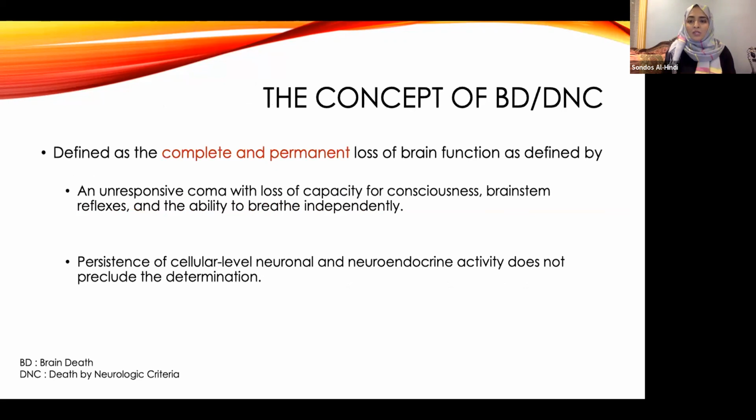So what's their concept of brain death, or what they've defined as death by neurological criteria? It is defined as a complete and permanent loss of brain function, as defined by an unresponsive coma with loss of capacity for consciousness, brainstem reflexes, and the ability to breathe independently. They also said that persistence of cellular level neuronal or neuroendocrine activity does not preclude the determination, meaning that